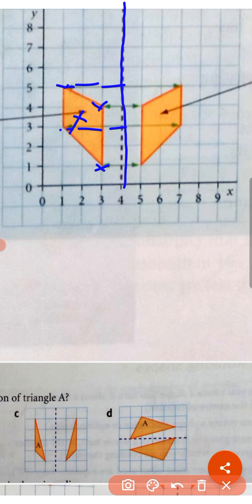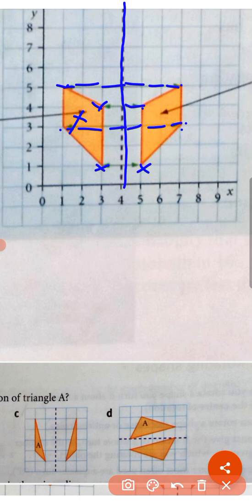Okay. So our object is on the left side of the mirror line. So image should be on the right side. So from here you count the distance, 1. Okay. Here also 1, 1, 2, 3. Then 1, 2, 3. Then you will get these 4 corners. Then use a ruler to join the reflected points with straight lines to produce the image.